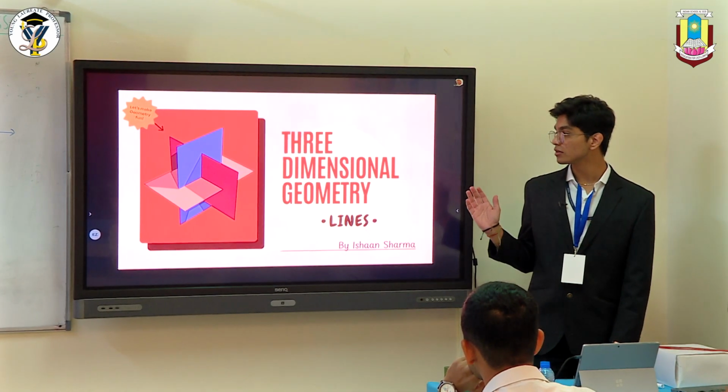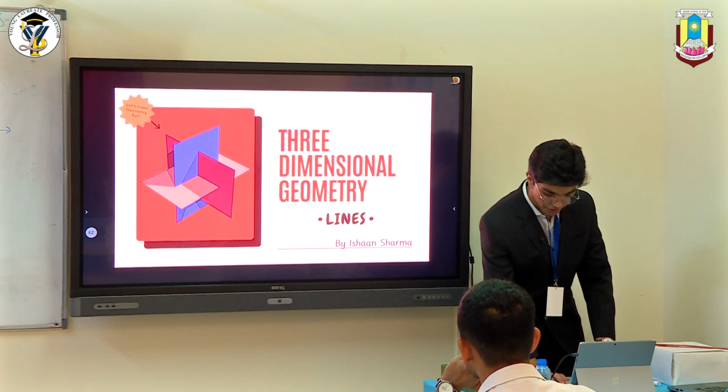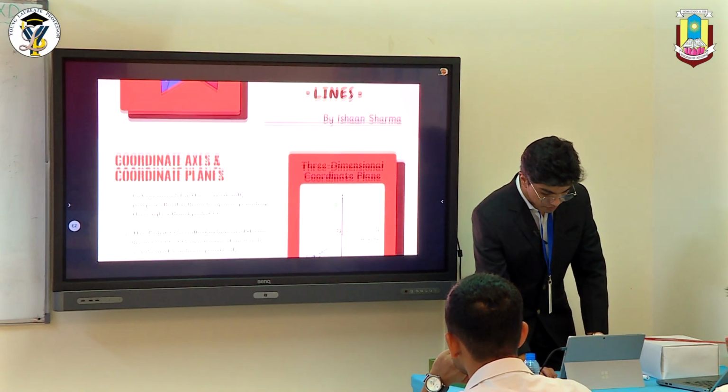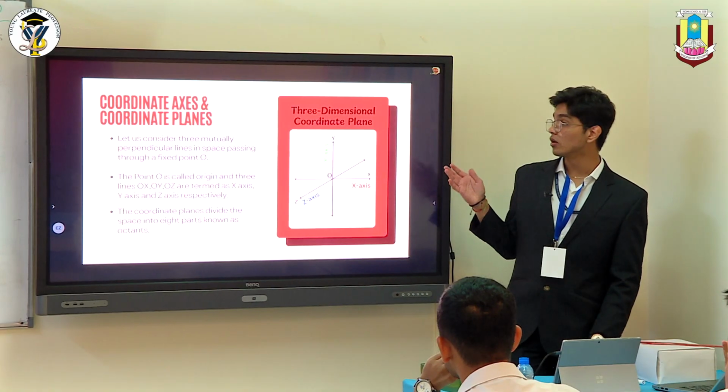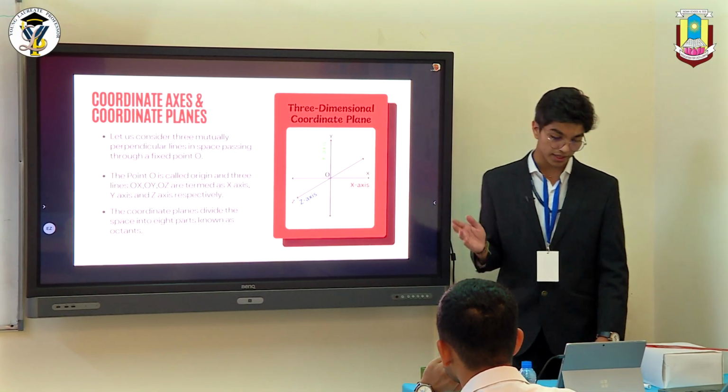Today I'm going to be explaining the topic three-dimensional geometry. The specific topic is lines. So first we just have a basic recall of what we studied in 11th grade, the coordinate axes and coordinate